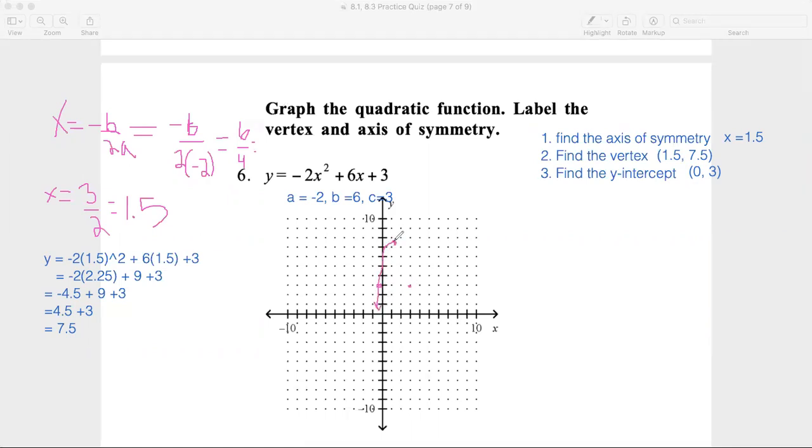Again, guys, physically graphing is not on your test. However, finding these 3 points is on your test. Okay,